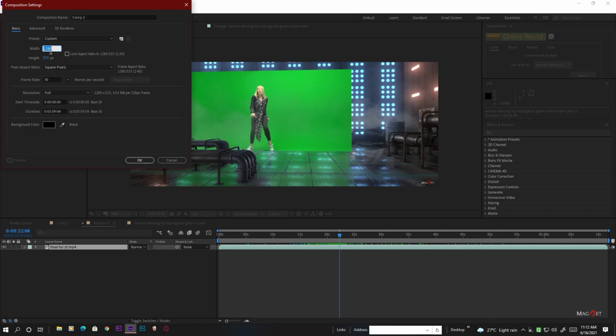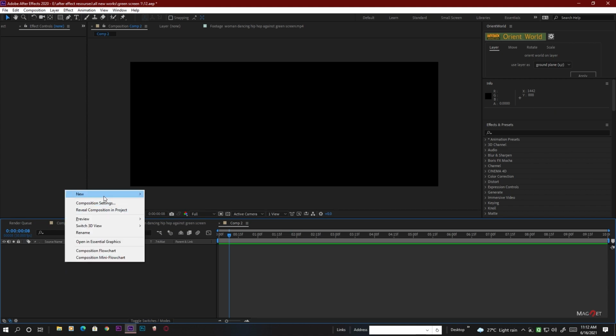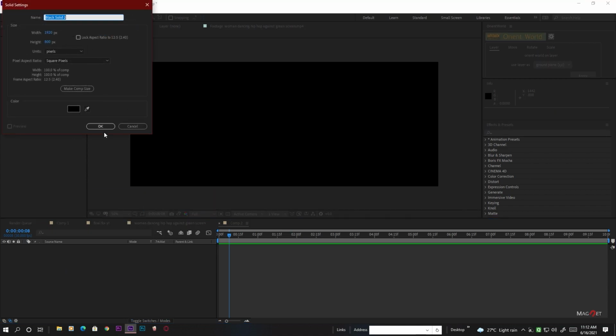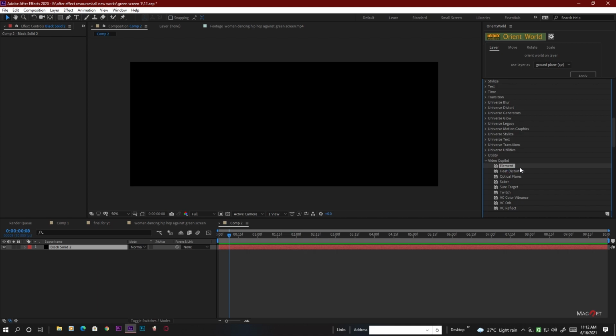Maybe our composition size will be 1920 by 800, and the duration will be 10 seconds or so, or you can change it to whatever time you want. And now we first create a solid for our Element 3D layer. So create a solid and go to the Effects and Presets panel, select Element,